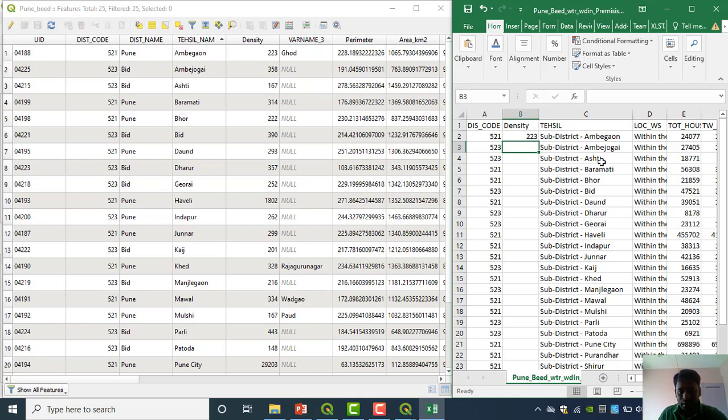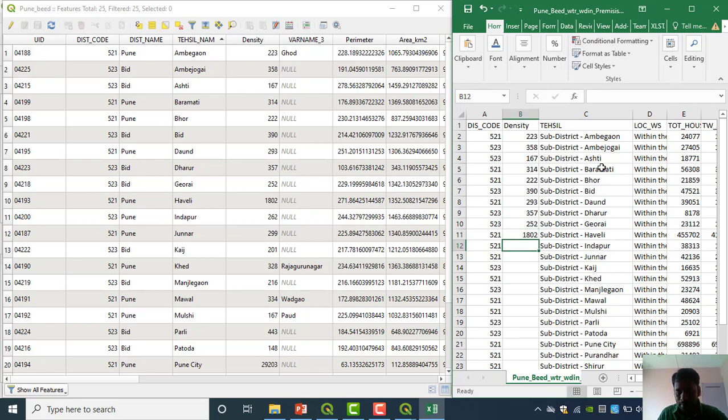We just generate this column: 358, 167, 314, 222, 390. In between we can pay attention here, Beed: 293, 357, 252, 1802.